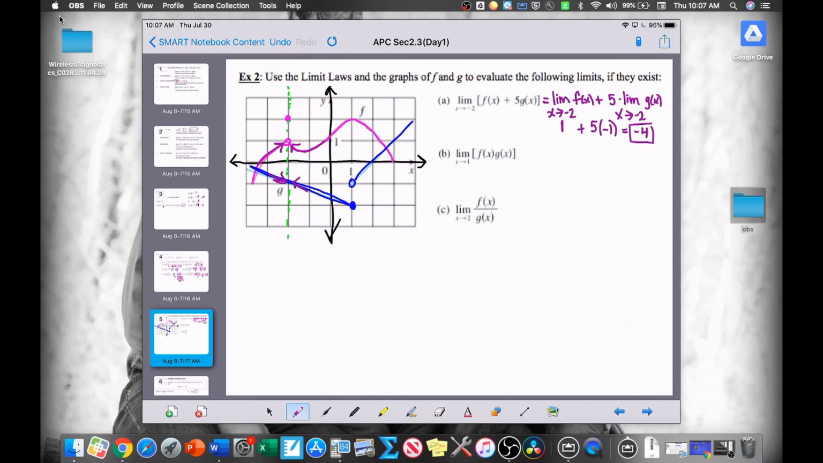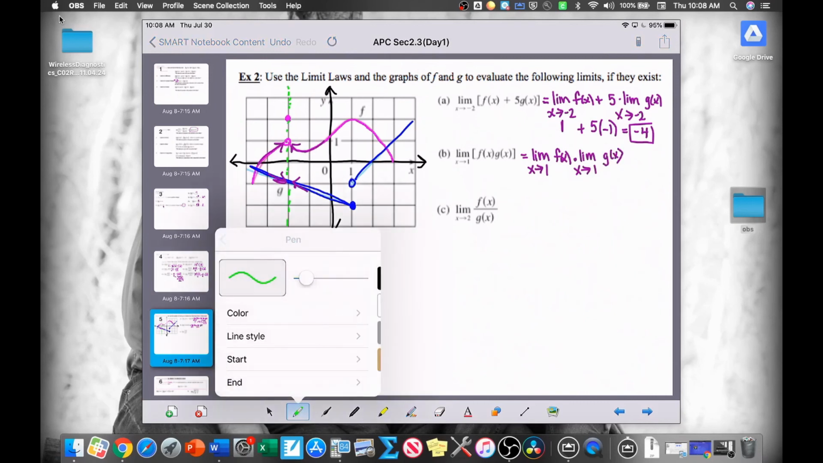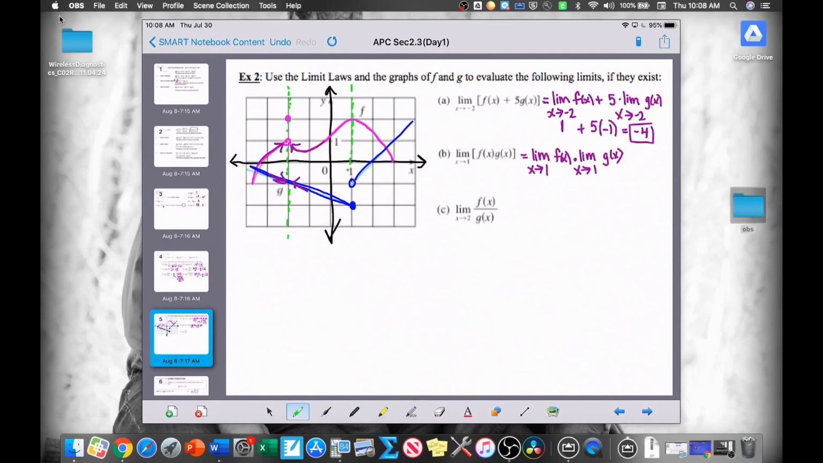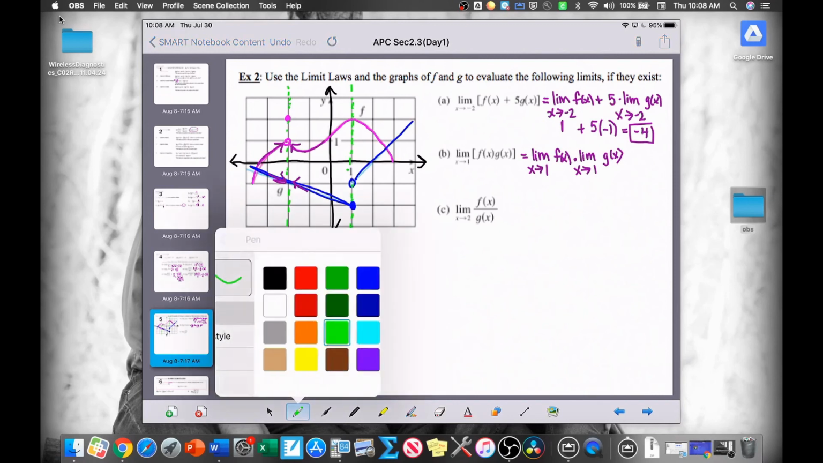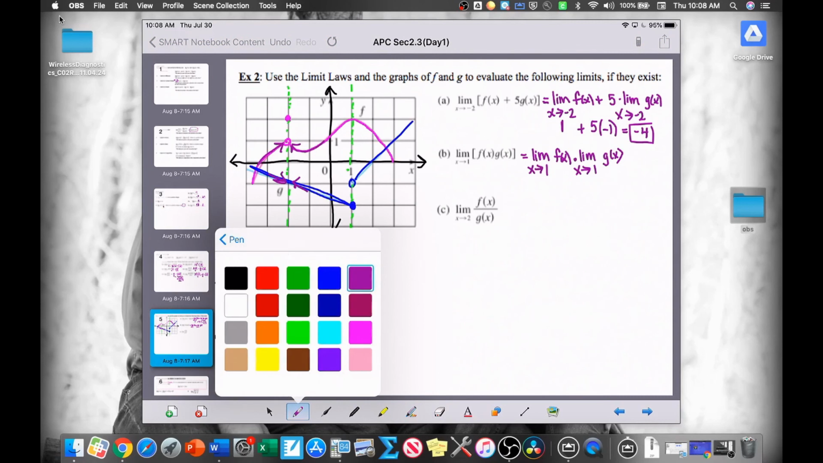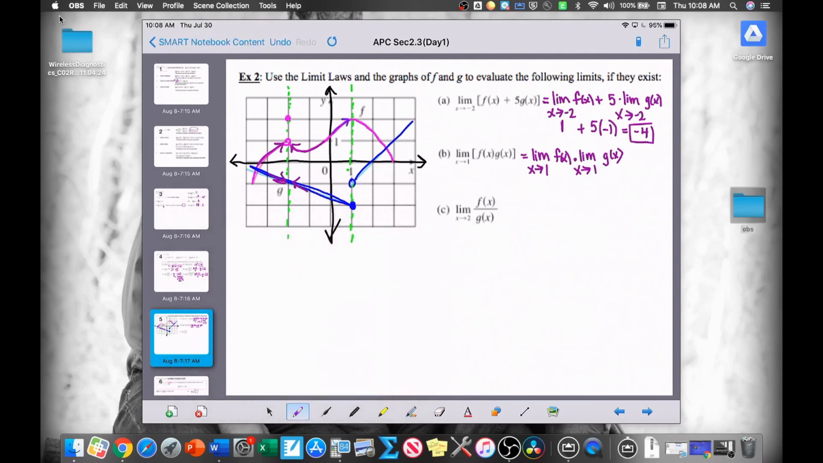Letter B, according to the limit laws, I am going to take the limit as x approaches 1 of f of x. And I'm going to multiply that times the limit as x approaches 1 of g of x. So now on my graph, I'm going to be looking at x equals 1, which is this vertical line right here. On our f function, as x is approaching 1 from the left, and as x is approaching 1 from the right, the left-hand limit and the right-hand limit agree, and they agree that f is converging on a value of 2. So this is going to be 2